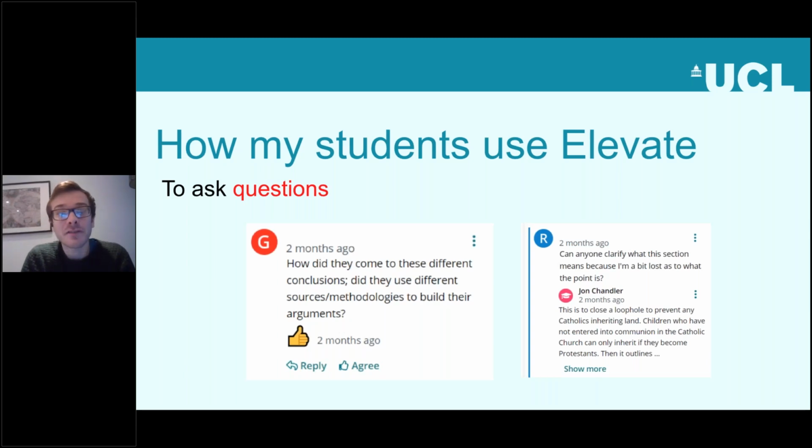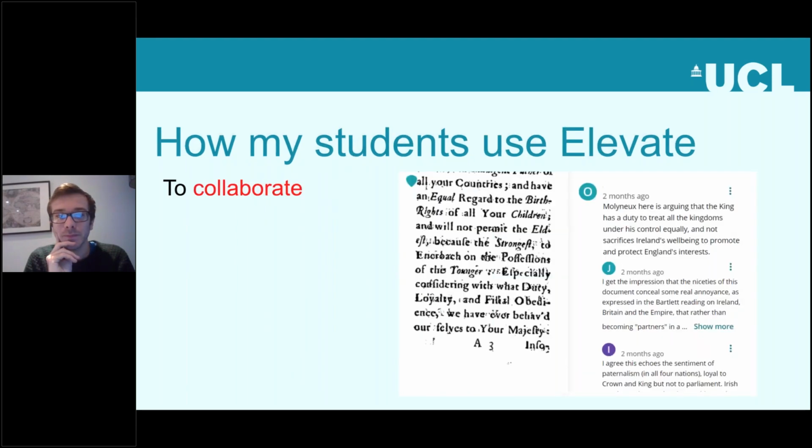But I think it's really good that they're using this as a way of answering questions, asking questions, even if it is just a list of sort of 20 questions asked by students which they don't engage with. Yeah, and then the next slide. But they do use it, especially in my 18th century Ireland course, where we're thinking about how we use these primary sources